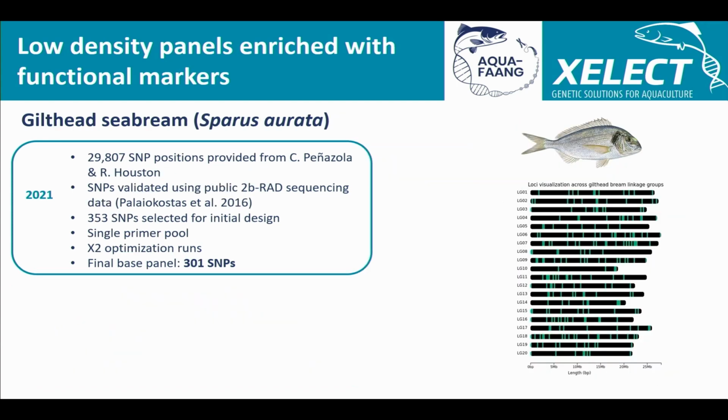So the next panel was for gilt-head sea bream. It was the same process. So again, we were given some SNP positions that we filtered using some public resources and selected about 353 SNPs for initial design. In this case, we were actually able to optimize the panel using a single primer pool, so it was much easier to work with. And after 2 optimization runs, we now have a base panel of 301 SNPs, again distributed across the genome of